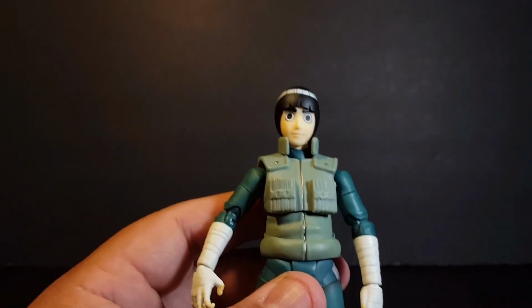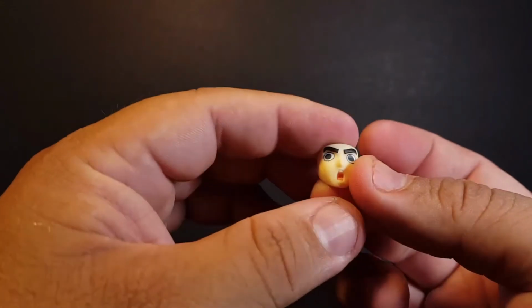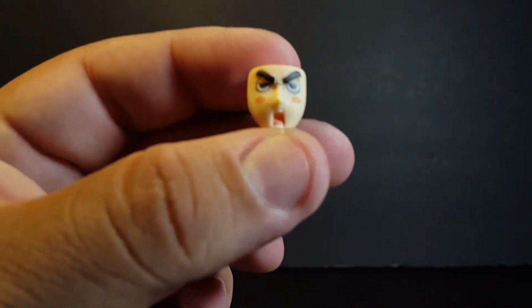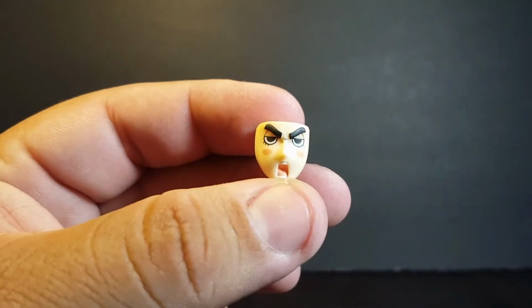So he does come with interchangeable faces. He comes with this one, which is standard that comes in the package. Then you get one like this, where he's kind of like shouting or yelling or whatnot, and kind of looking off to the side. And then you got this one where he just kind of looks like, I'm tired of your crap, kind of like yelling or whatever you want to call it, but he has that too,